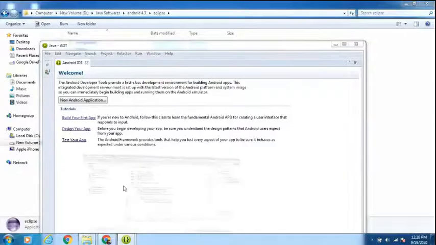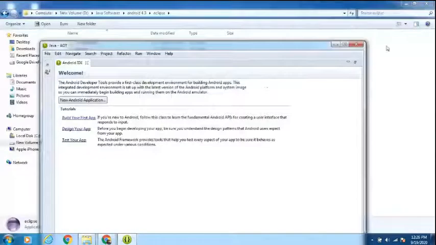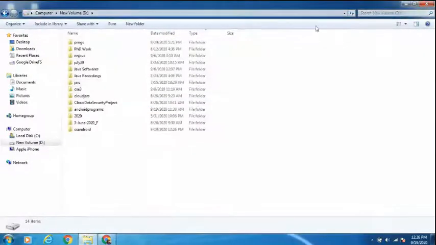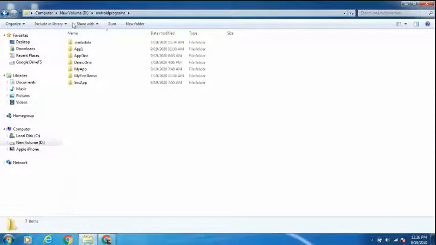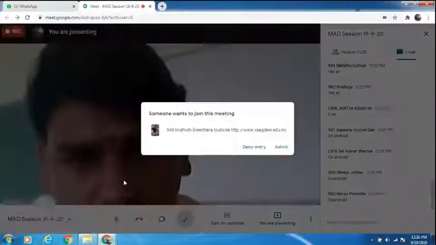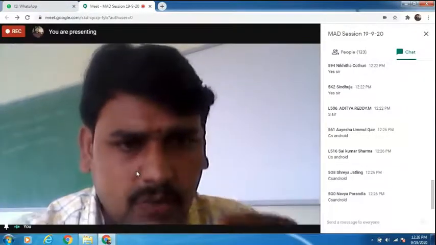Okay, I have given another folder also, Android programs. You can also give any folder, but it only asks for the first time. Remember that once you have given the folder name for the first time, it won't ask the second time.